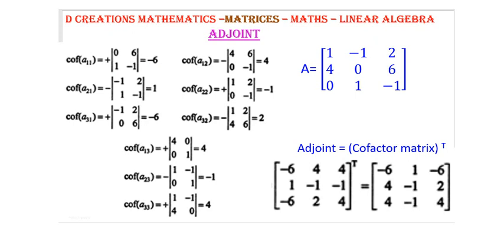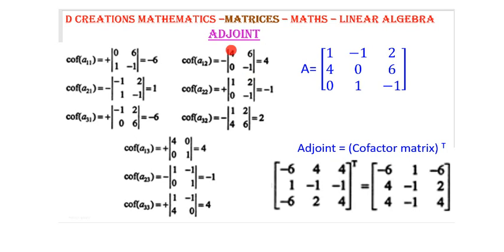All right, let's go back to element A12. So what is row 1, column 2? That means this. So exclude row 1, exclude column 2. What are you left with? 4, 6, 0, minus 1. Take its determinant. Now in the earlier case I did not explicitly mention the sign because now we know that for A11, 1 plus 1 is 2, minus 1 raised to 2 is plus 1, so the sign doesn't change. So I did not mention anything there, but please understand that we have assigned a plus sign there. So in this case, what do you get?